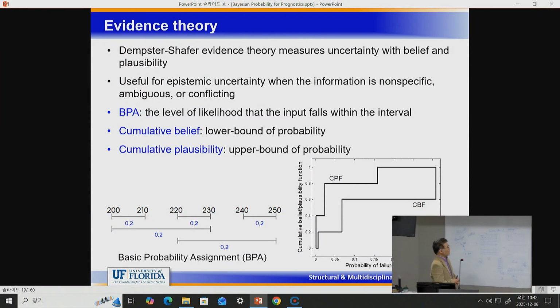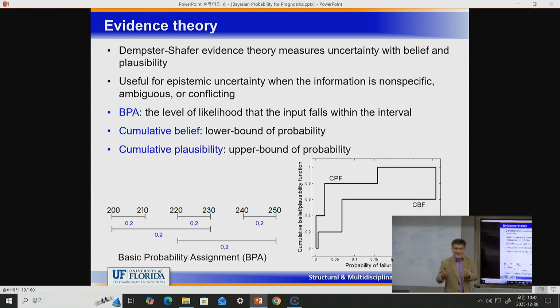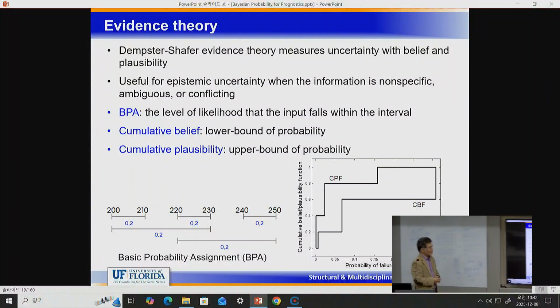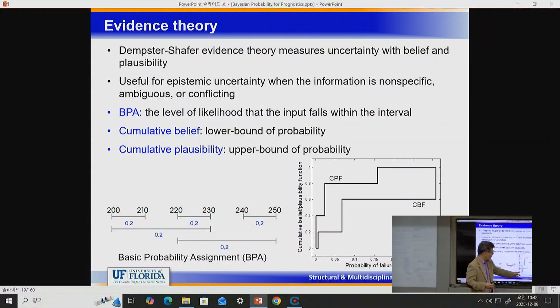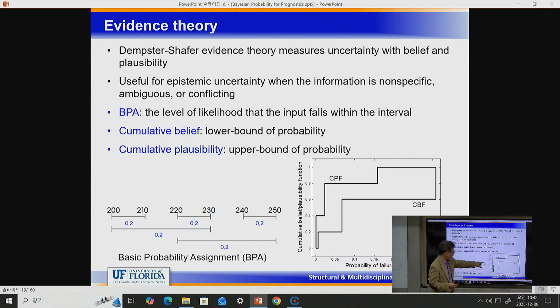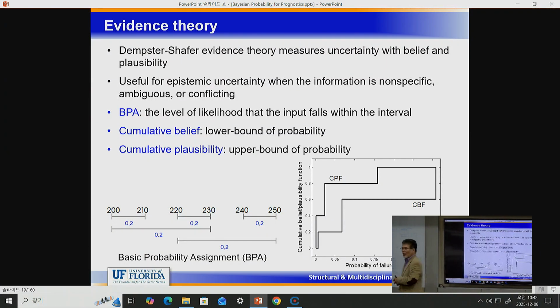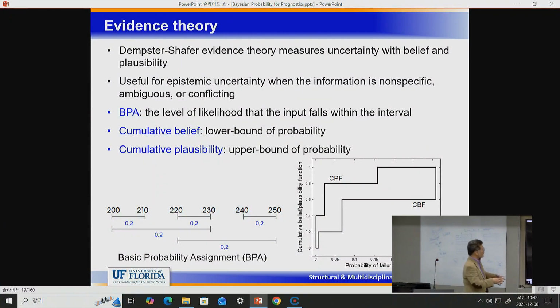Dempster-Shafer evidence theory basically says if your knowledge is discrete, but interval-wise, so I know the probability that the value will be in this interval is 10%, here 20%, here 20%, and they can also overlap, another 20%. So let's assume you have this type of discrete knowledge, then you can build more like a CDF. A CDF is supposed to be a continuous function, but instead you have a stepwise interval function of lower bound, plausibility, and upper bound,